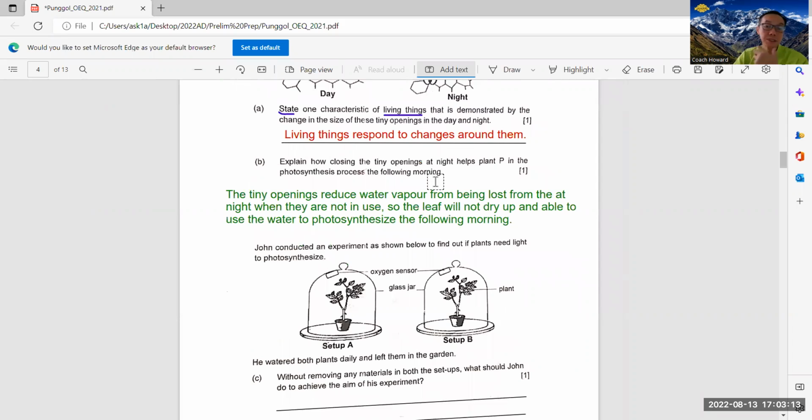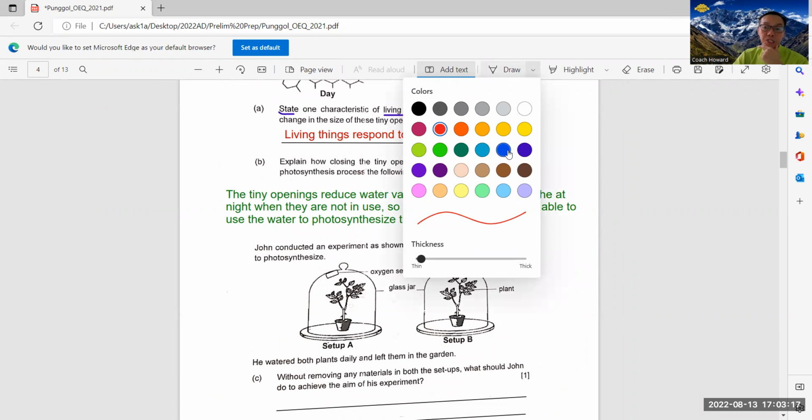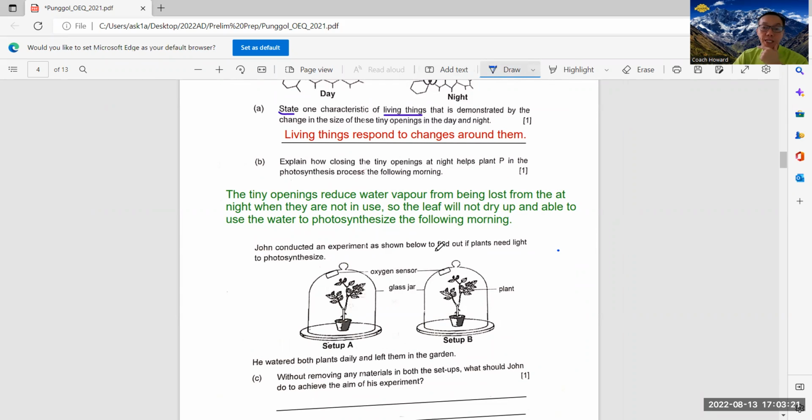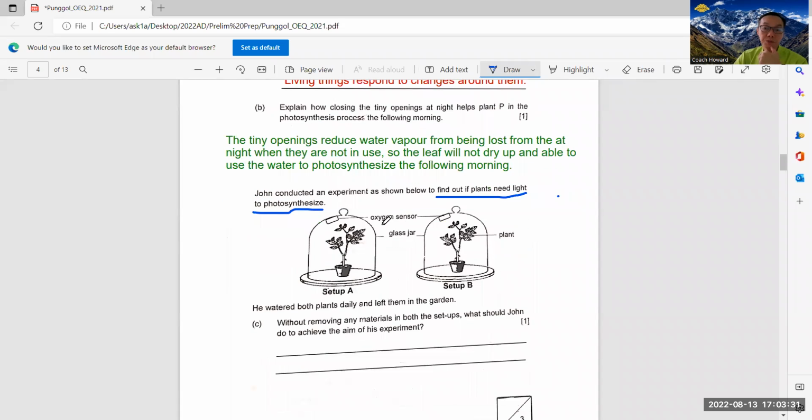John conducted an experiment as shown below. Underline the purpose. When you do questions, it's good that you underline the purpose: to find out if plants need light to photosynthesize. Definitely, we know that they need light, right? So besides having the knowledge, you do an experiment. In this setup, there's an oxygen sensor. So this one cannot prove it, right? So you must mention that